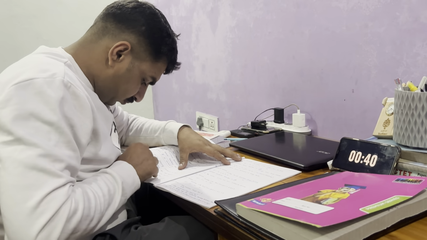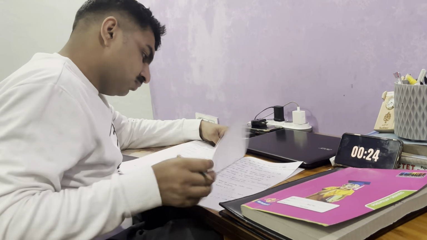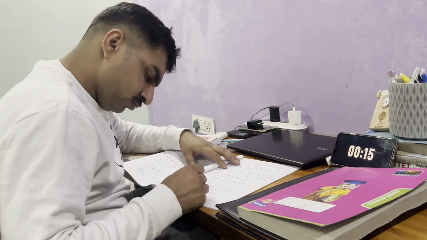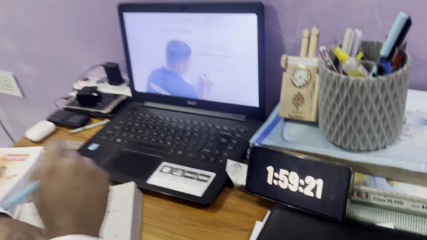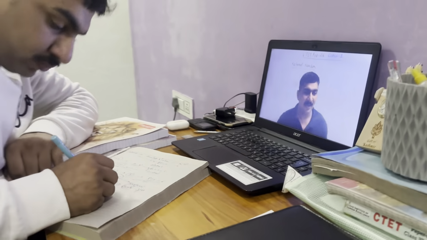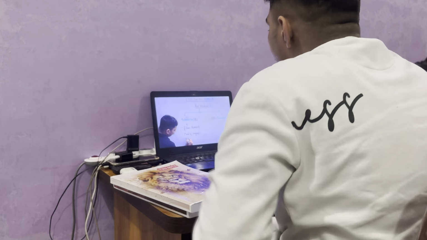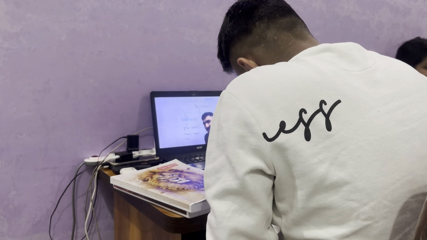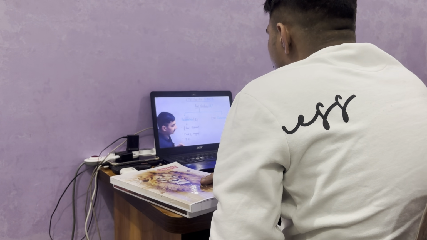Without speed, you are unable to fully attempt your exam papers, because in most of the exams you get 50 questions and you have to solve them in 30 minutes. So you have to increase your speed plus accuracy, but at this time you have to increase your accuracy, and we will work further on speed. We will focus on speed after this, using tricks like digital sums, unit digit foundation, and so on.